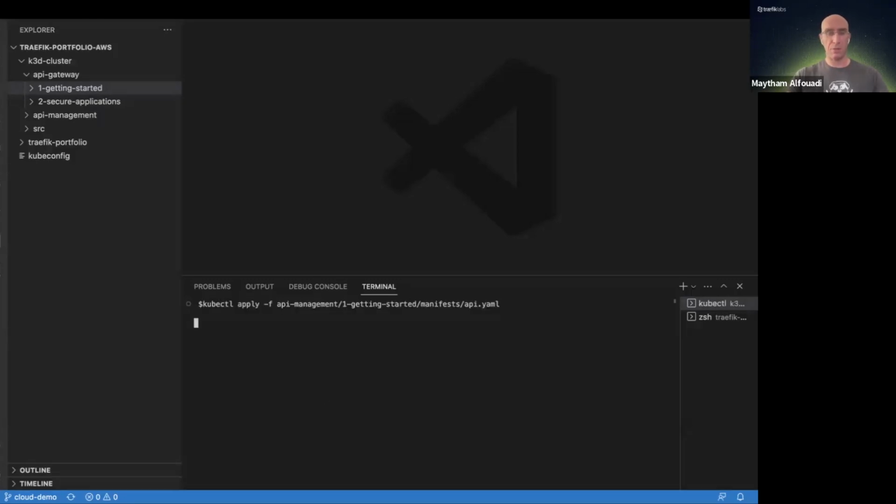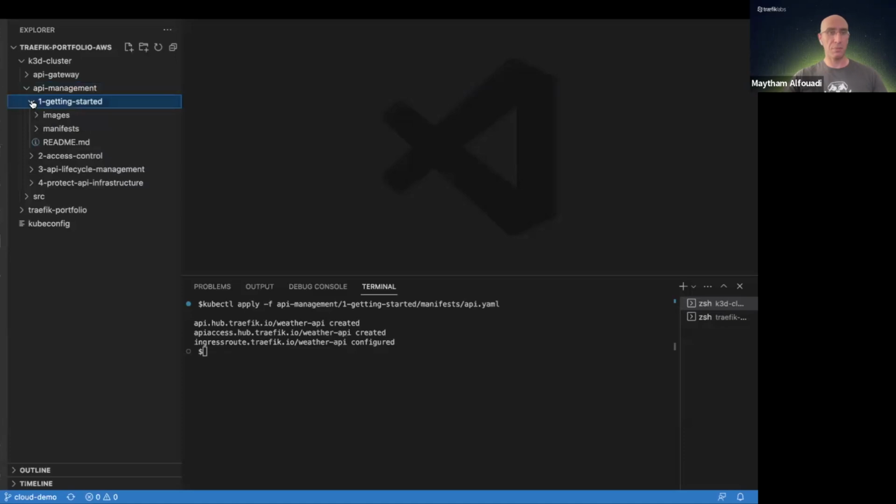So here, we're going to promote our application. What we've done, as you've noticed, is create the API object. This is the object that references the application and will be managed by the API management services. The API access object controls which user or group will have access to this API, and your ingress route is being modified so it can be managed by the API management services. So if we go through the